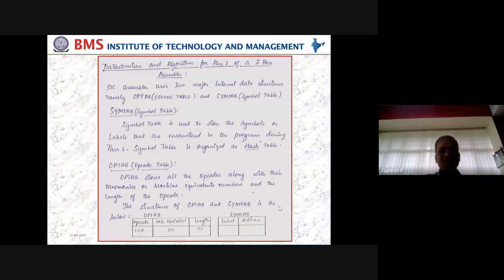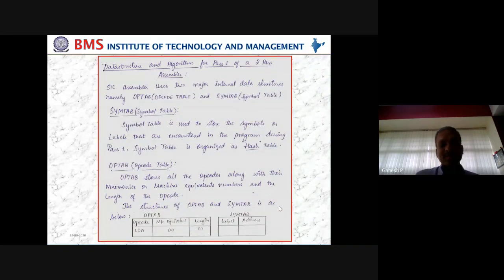Now, what you have to visualize before you understand this is, imagine we have given a program to the system. You have a software, you have already designed an assembler software. We have given an SIC program, like what I've taken in the previous class, the division program. Now, imagine how the program is going to be processed internally by your system software.